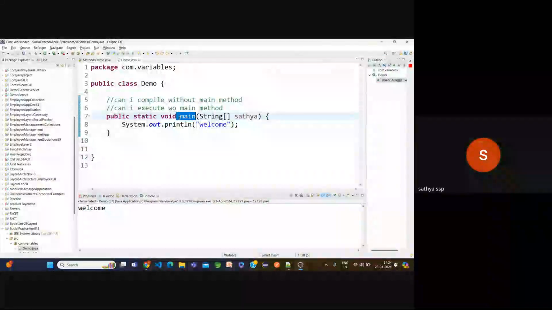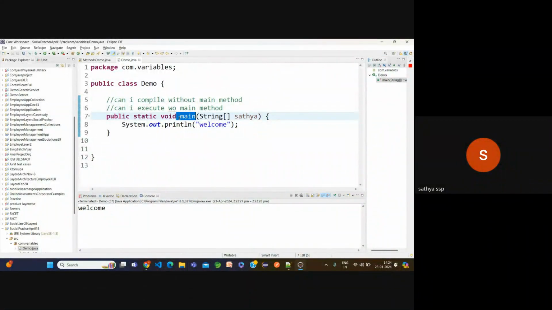Why the method name main? For every class we are going to use the main method. That's why main. Okay, why the String